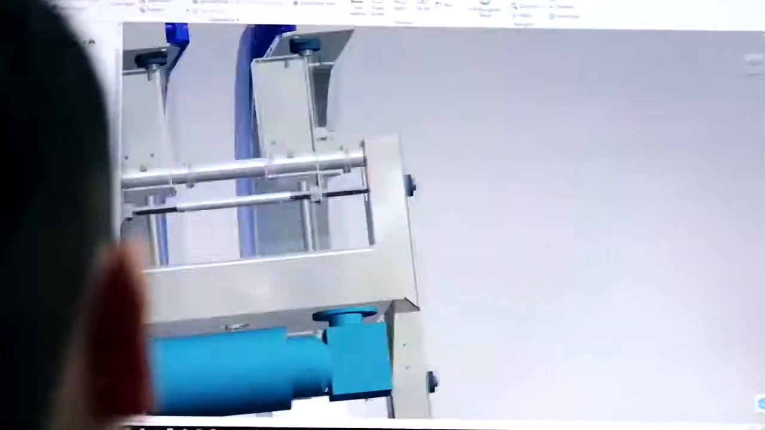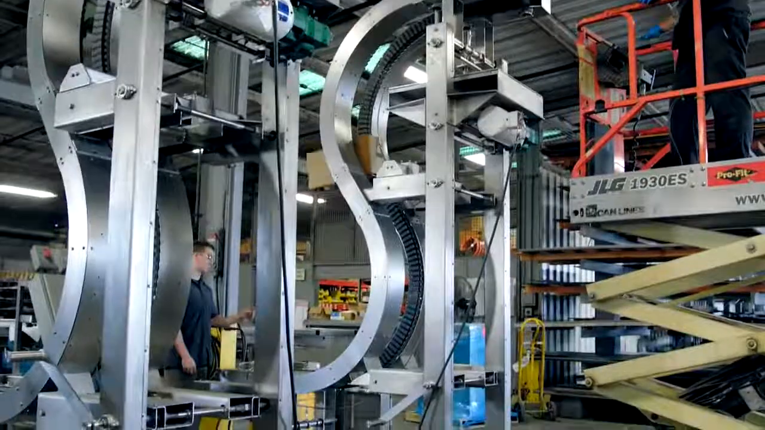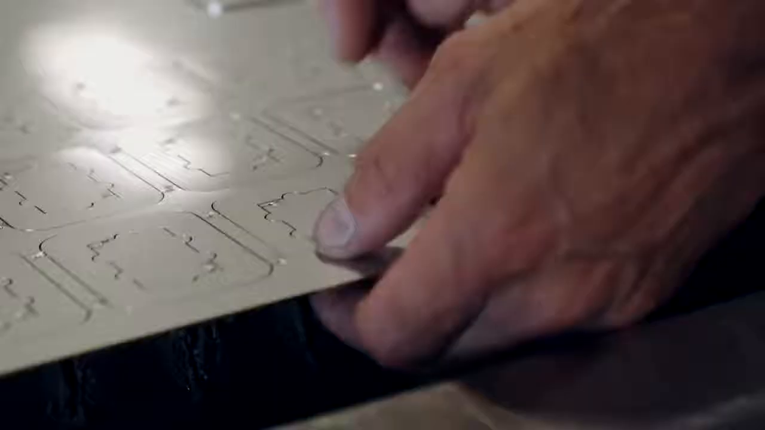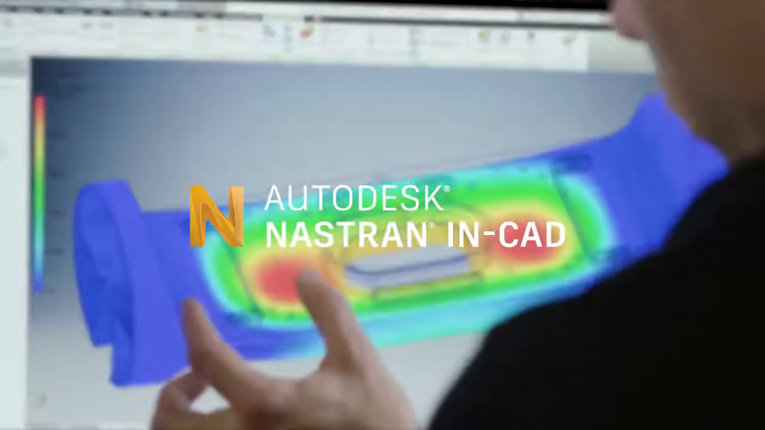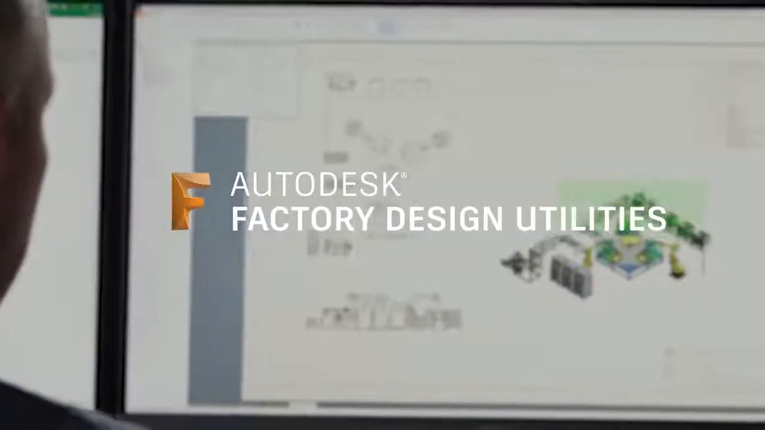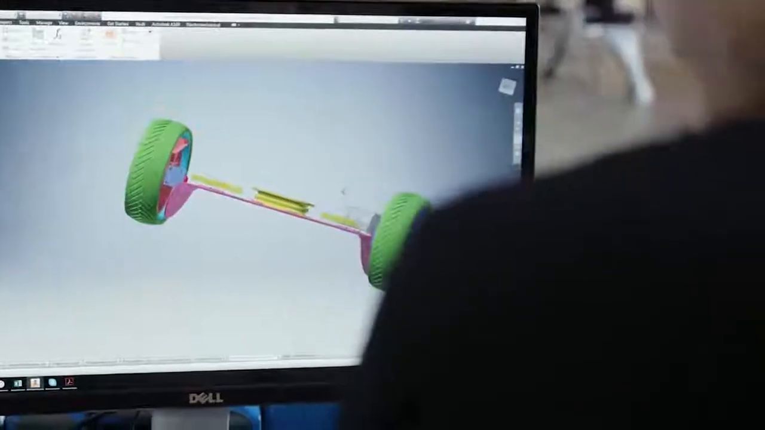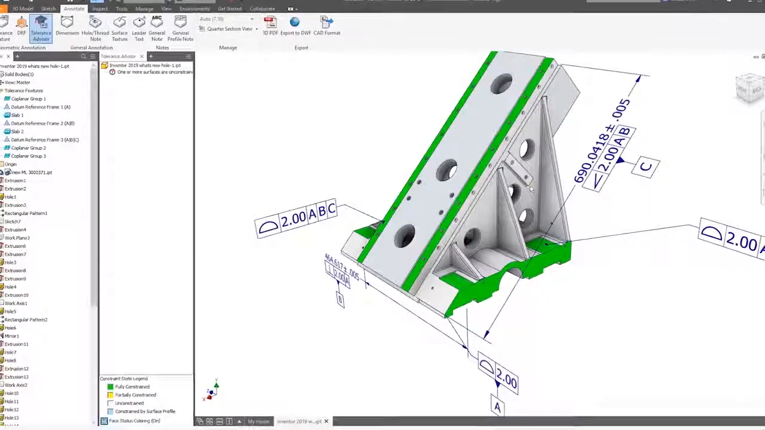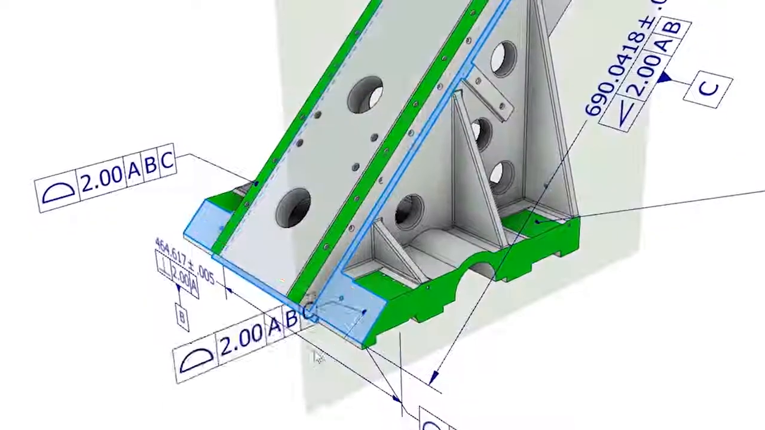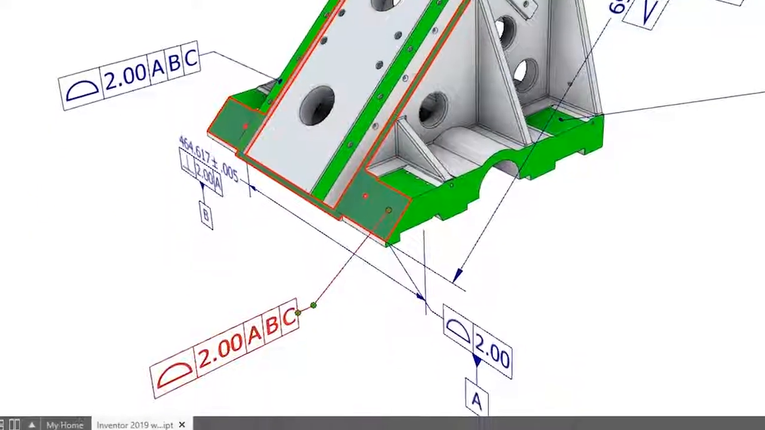Carry out your best work with new features in Autodesk Product Design and Manufacturing Collection, including Inventor and integrated tools like Nesting Utility, Nastran InCAD, HSM, and Factory Design Utilities, along with Fusion 360, AutoCAD, and Vault. Autodesk Inventor 2019 delivers user-requested enhancements and continues to provide the professional-grade 3D mechanical design and engineering tools you rely